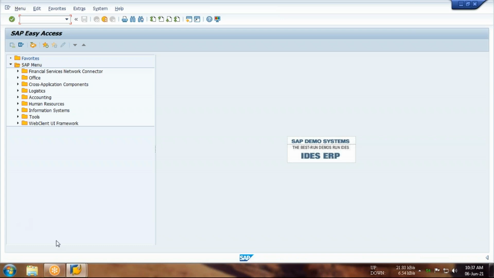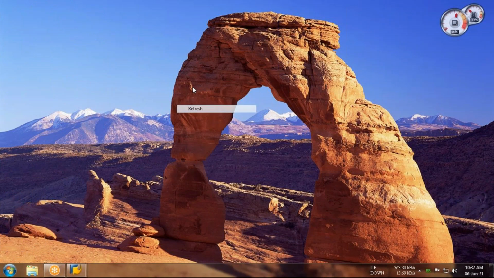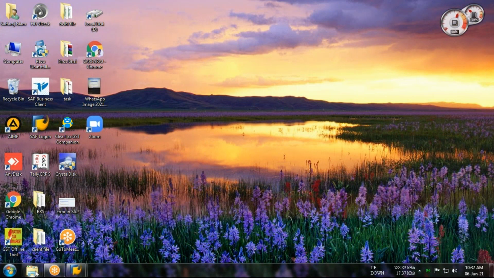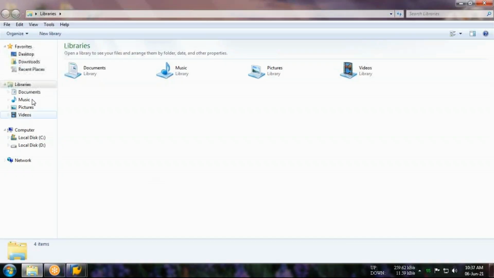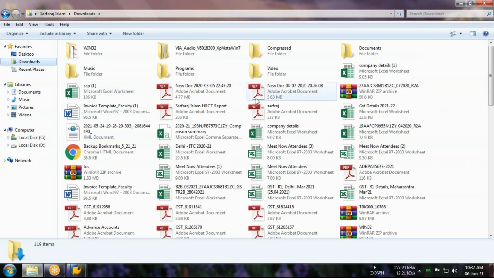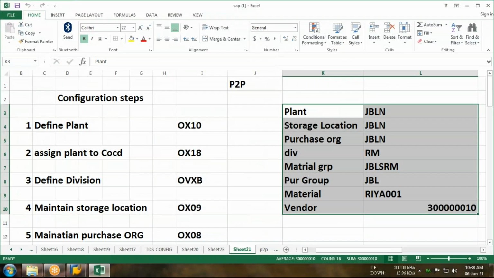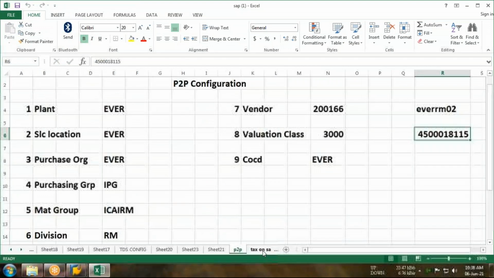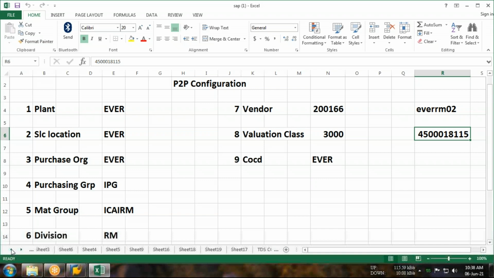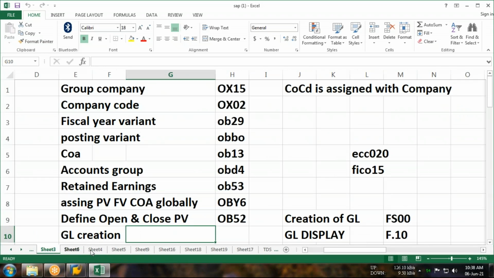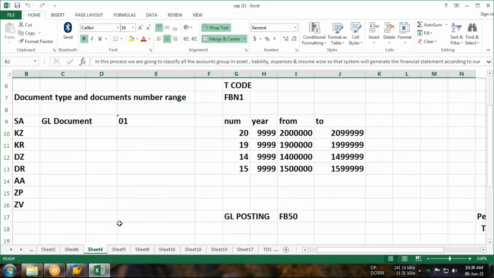So guys, please give the heading discount. Outgoing payment with discount. Just a minute, guys.